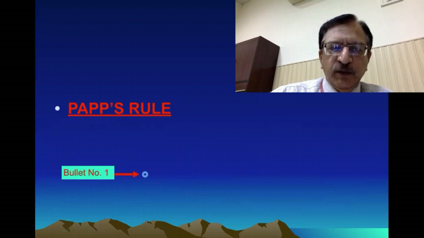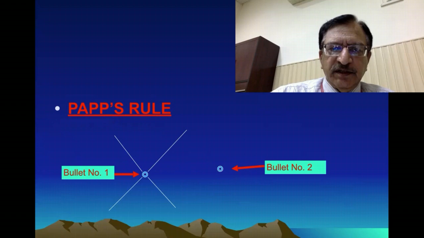This is bullet number 1, striking and producing fractures. Now the second bullet strikes and it is also producing fractures, and you can see on the left side these fractures will not cross over the fracture lines produced by the first bullet. So we can identify that the left one is the first bullet and the right one is the second bullet,